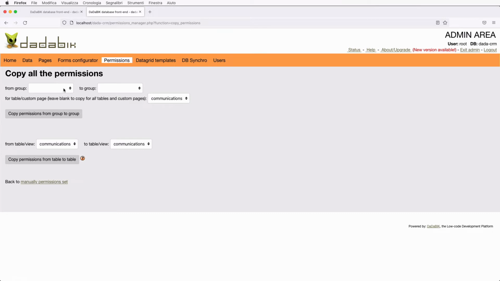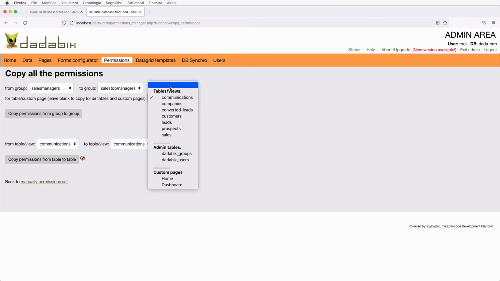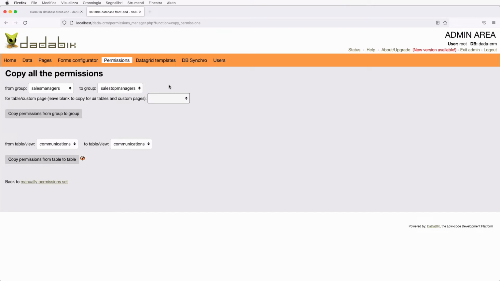Yeah, exactly. So what I did probably was from sales managers to sales top managers, but then I left a specific table set, so Databeak copied the permissions just for this table, communications. I want to copy for everything, so I need to leave this empty.